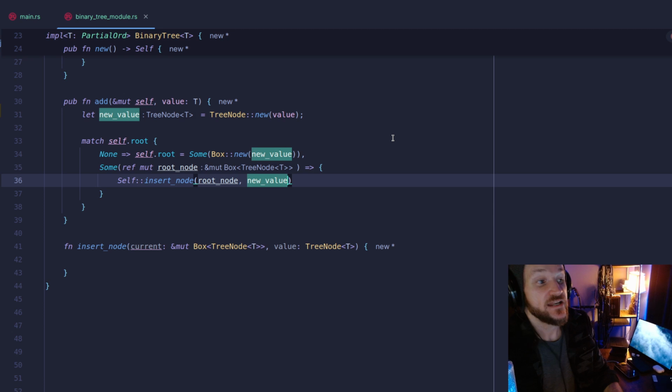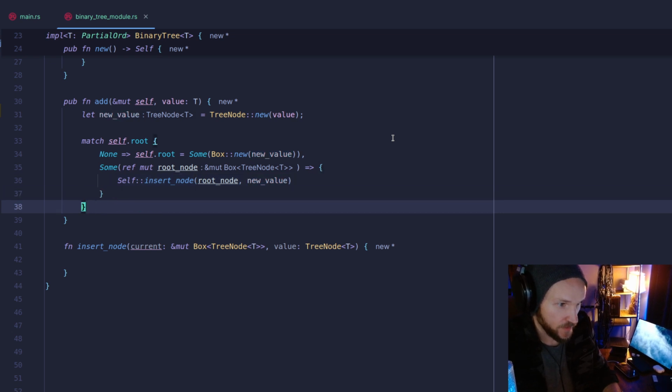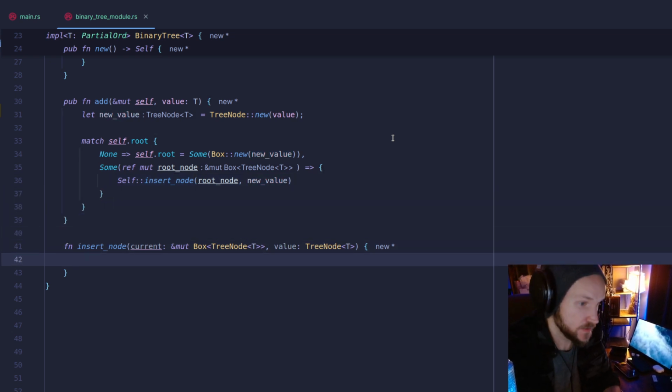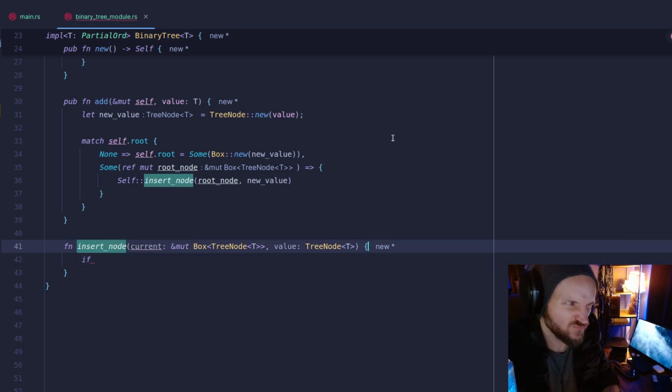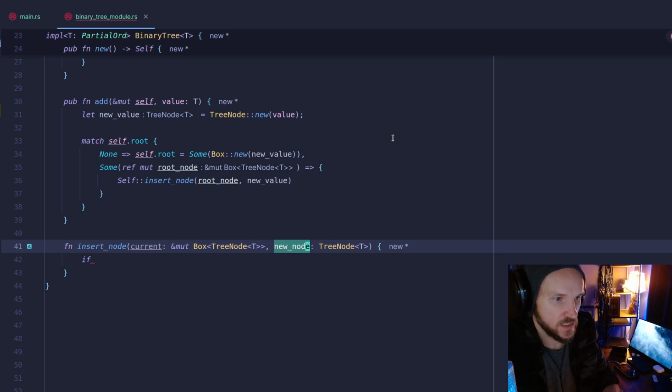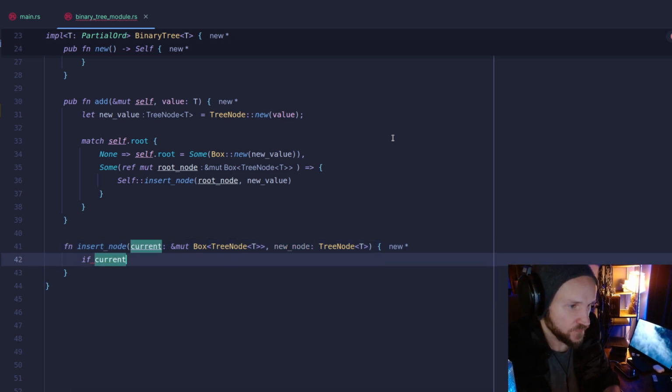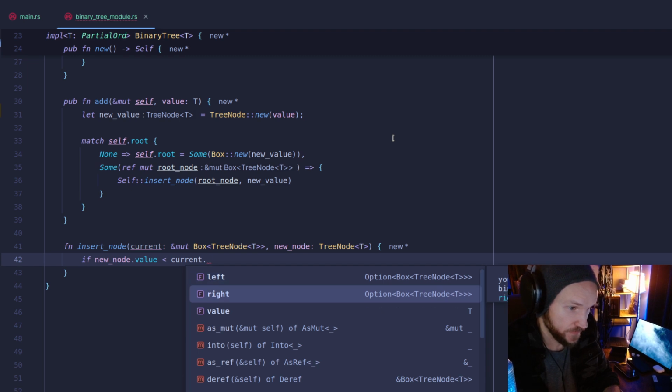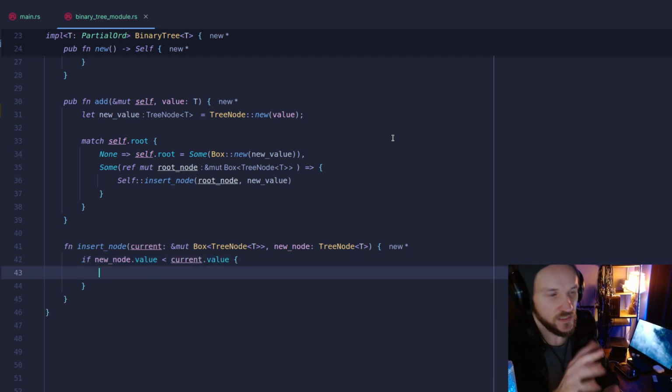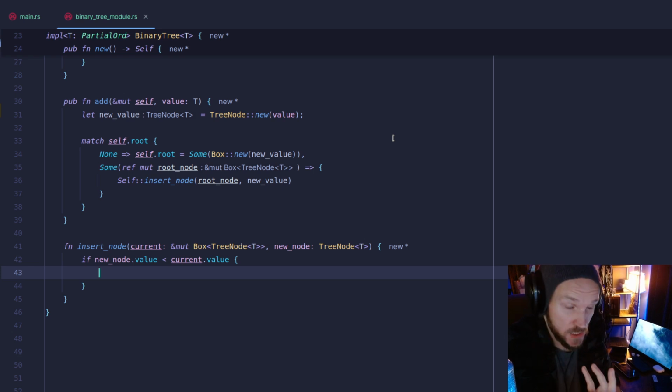All right, so we're going to build out the insert node method, and then we're going to walk through the recursion. So what are we doing? We'll name this new node. All right, that makes more sense. So if new node's value is less than the current node's value, even without necessarily knowing what we're doing here,